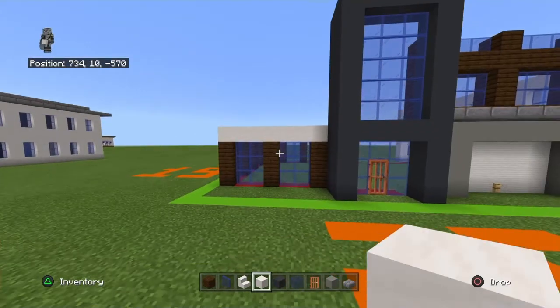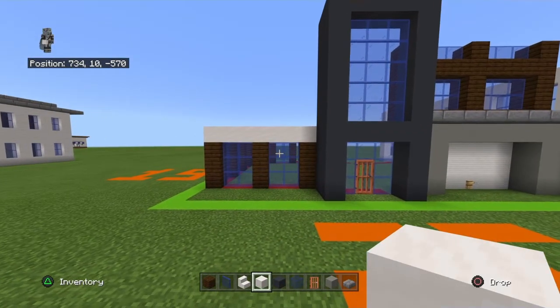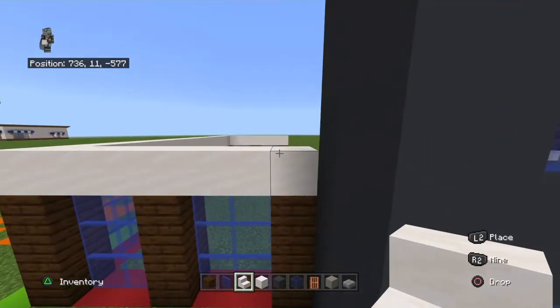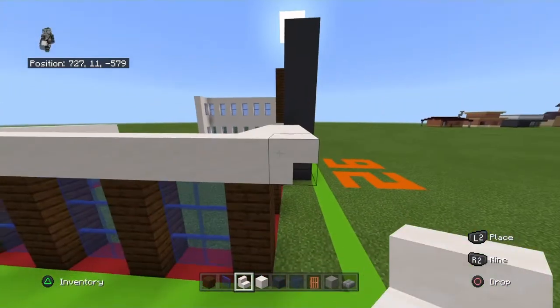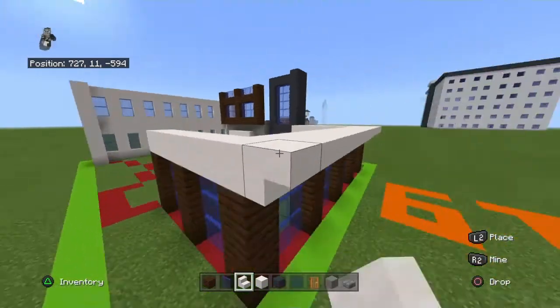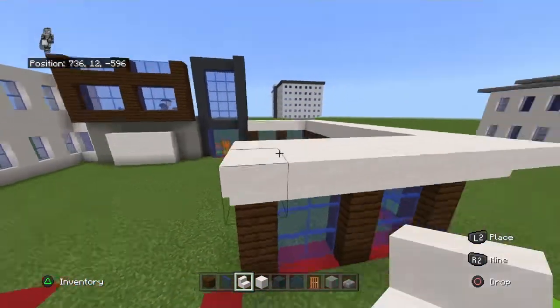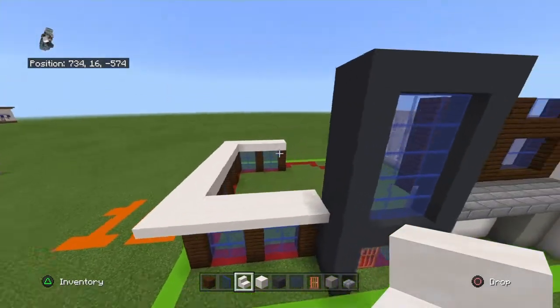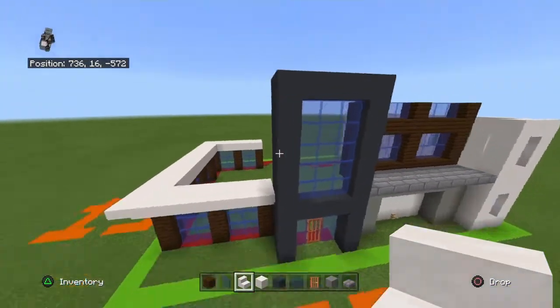Just like that. Looks kind of weird. Looks like it's wearing a hat, which is kind of not what we want. But what you want to do now is place a row of upside down smooth quartz stairs around that entire row. Just like that. Except for right back there, because that's going to have another one of these gray concrete